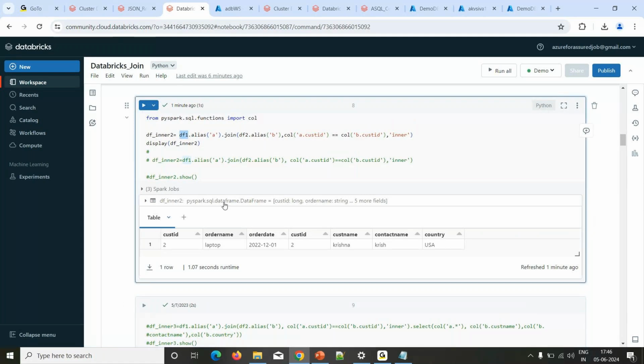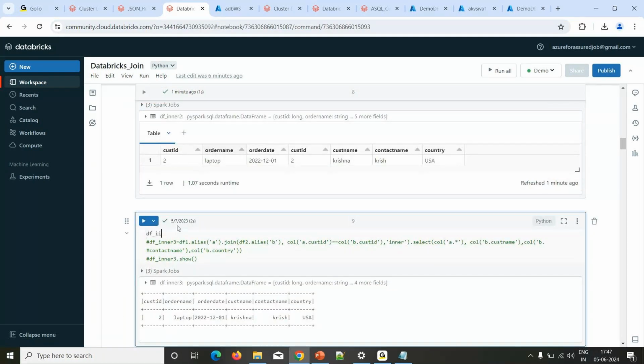Here in the df, the same inner3, I'm going to take it: df1 dot alias of a, then dot join, df2 dot alias of b, comma. Then we have to mention the conditions: col of a dot cust ID equal to col of